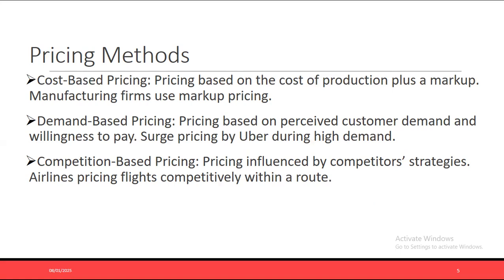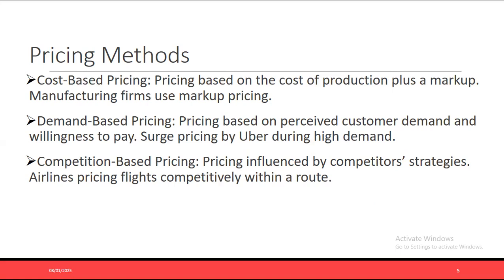Okay, so when the app notices that there's a surge in some area, or the demand has gone up in a particular area, you notice that the pricing for the transportation cost also goes high. Okay, so an example is the surge pricing that Uber or Bolt or Yango uses when there's a high demand.